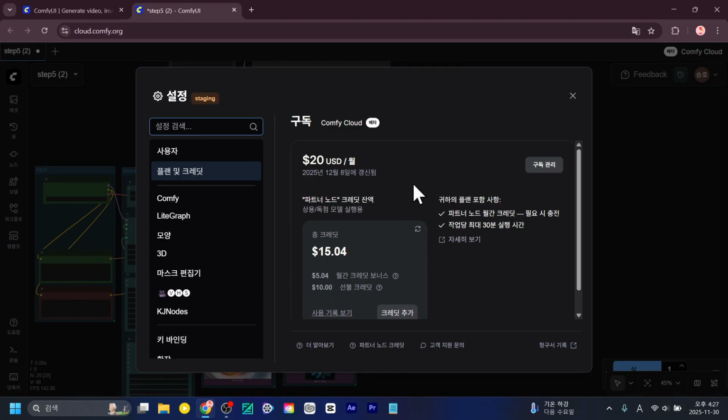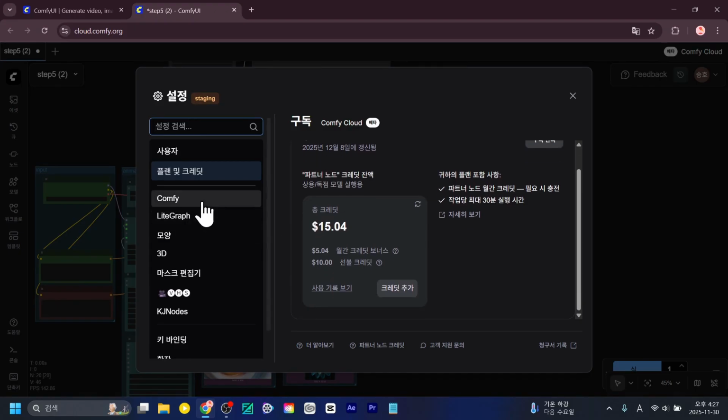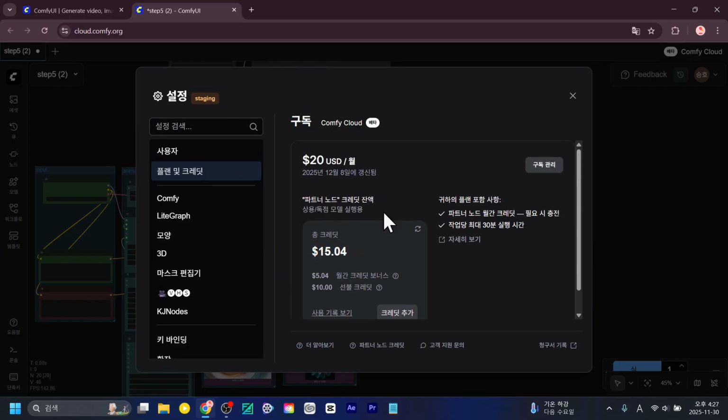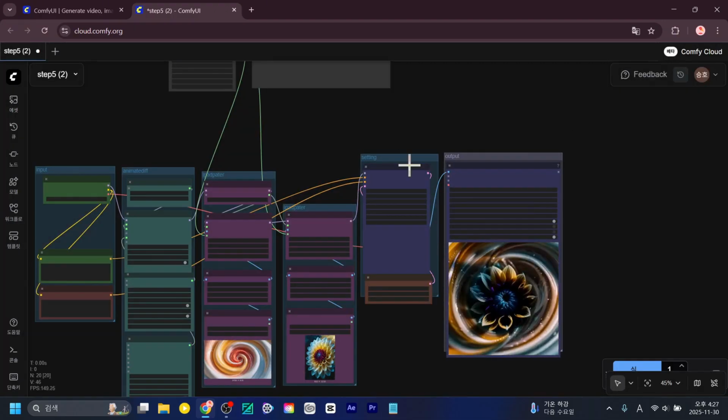And since ComfyUI plays a truly important role in almost all modern AI applications now, it has a robust API system. So you can readily use various services like Vidu, Kling, and numerous other advanced video AIs, but when you use those kinds of AIs, your credits will inevitably be consumed. So I'll show you how to operate it.